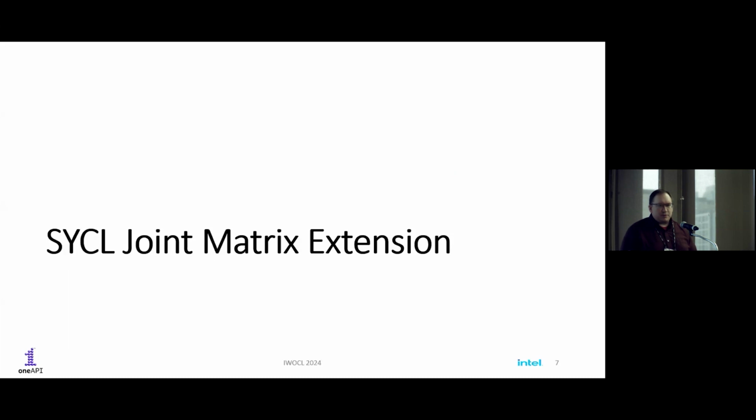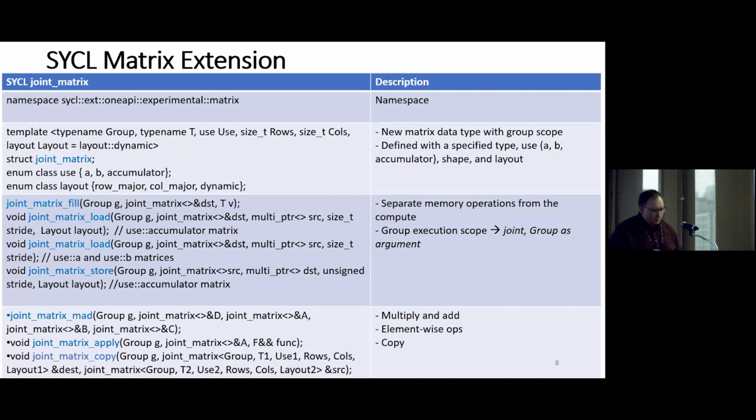So next we'll get into the nuts and bolts of the joint matrix extension. It's actually a pretty small thing. There aren't too many pieces to it. It's currently an experimental extension, which is why it's in a very long namespace in DPC++. And the main thing is just the joint matrix type itself, which is a templated type that has a lot of different template arguments, mostly about the types of data for the result and inputs, how you're going to use the matrix, because